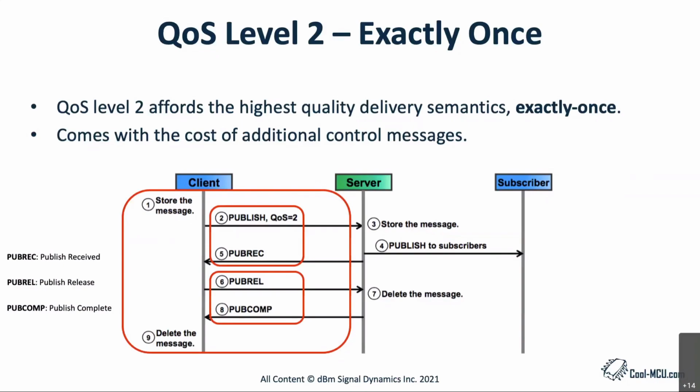The receiver can process the message in either the first or second phases, provided that it does not reprocess the message. If the receiver is a broker, it publishes the message to subscribers. If the receiver is a client, it delivers the message to the subscriber application. The receiver sends a completion message back to the sender that it has finished processing the message. Once the publishing client receives a pubcomp message, it can delete the message because it knows it has been successfully transmitted.